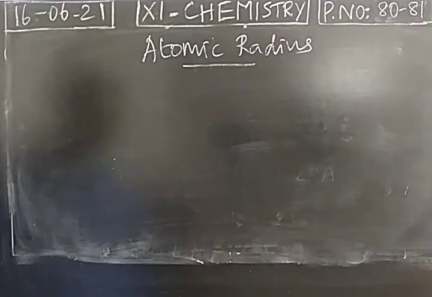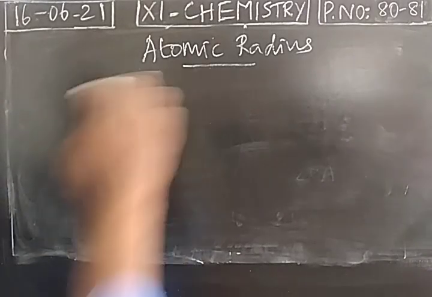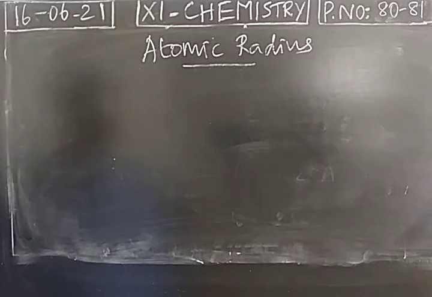So first periodic property is atomic radius. We studied different radius: atomic radius, covalent radius, and the metallic radius. And tomorrow we will discuss ionic radius, how to find ionic radius. That will be somewhat difficult one. Finding the ionic radius is a difficult one. So we completed atomic, covalent, and the metallic radius. Then what about the variation of this periodic property in modern periodic table? How this is changing in a period as well as in a group.